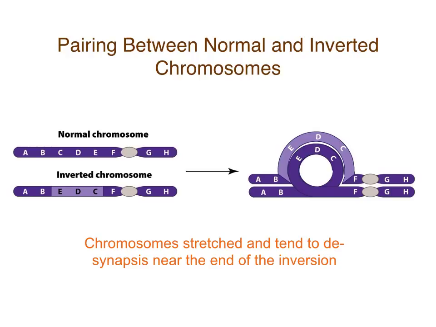When these inversions happen and chromosomes line up in meiosis, when they pair with each other, if you pair an inverted chromosome with a normal chromosome, the regions with the different genes will tend to try to link with each other, right? In a normal case, let's say we had two normal ones, A would pair with A, B with B, and that's how the chromosomes would be oriented. They still try to do that after an inversion.